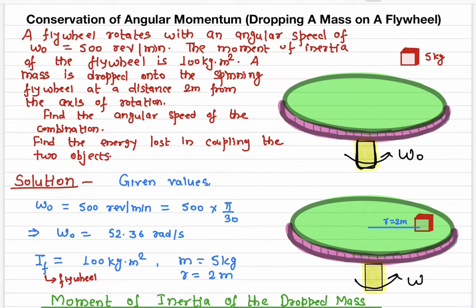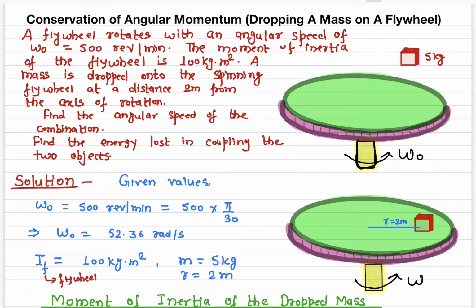In this video, I'll talk about the conservation of angular momentum in rotational dynamics. Of course, because this is angular momentum, we're talking about rotational dynamics. Here we have chosen one particular example of a spinning disk and a mass. Here is a spinning disk, or we can call it a flywheel. A flywheel is basically a spinning disk